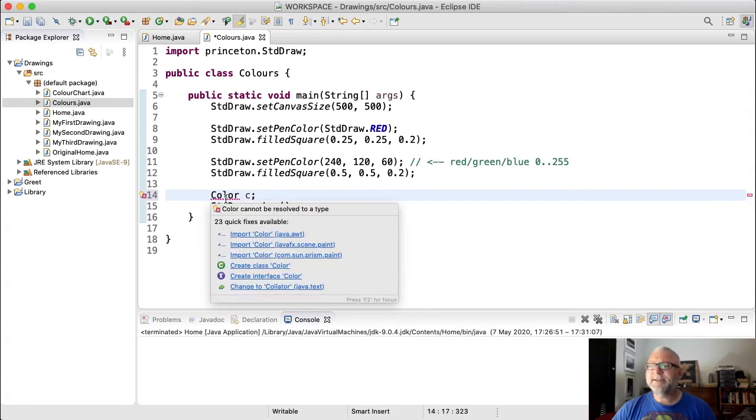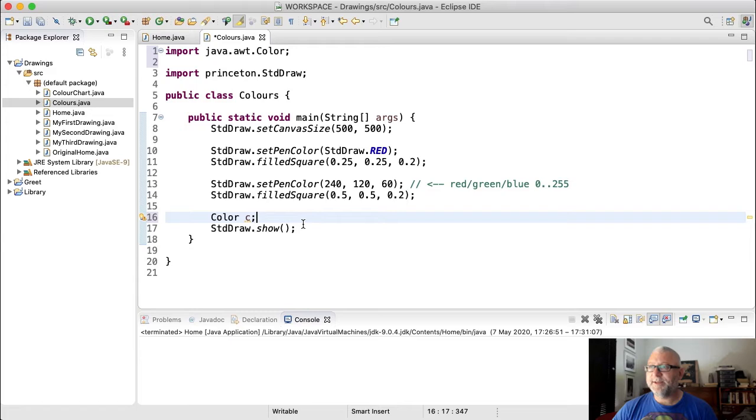So Color is a non-standard class. It's not even part of standard lib.jar. You can find it in java.awt. So that's the one you want to import. Don't import these bottom two. So I'm going to import that, and I'm going to give it a value by saying new Color and 3 float values: